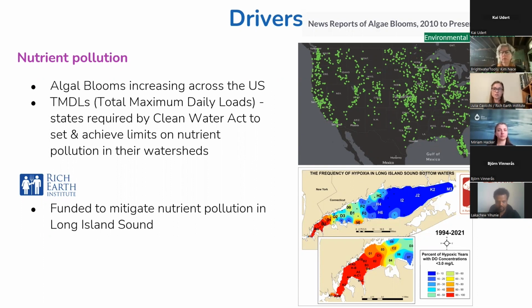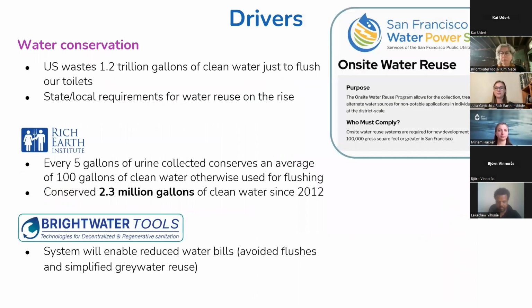And Rich Earth has been one of our big funders over the years through the watershed that we're in, the Long Island Sound watershed. So through that collaborative effort to reduce nutrient pollution in that coastal area, they're interested in funding us for our urine diversion efforts so that we can help reduce the nutrient pollution that's getting sent downstream. What we've been especially interested in is exploring urine diversion as a more affordable and simpler option in contrast to expensive alternative septic system nutrient reduction technologies or installing sewer systems, for example. Or it can be a good pairing with these higher tech systems.